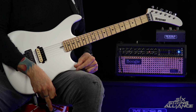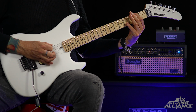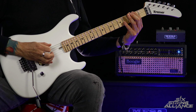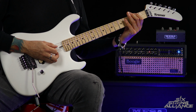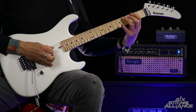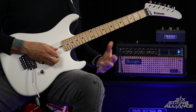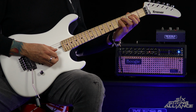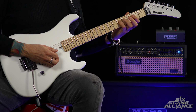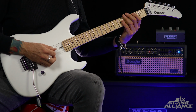So we start off with an open E. And you can hear I've got the octave pedal kicked in here as well. And we're hammering onto the 2nd fret E. And then we're just alternate picking that low F sharp note. And then we're pedaling off of the octave on the D string on the 4th fret, and then up to the flat 2nd, which is on the 3rd fret. So we're playing on the 5th fret of the D. So we're playing that G note. So you get this,